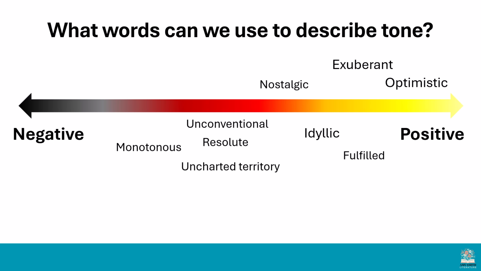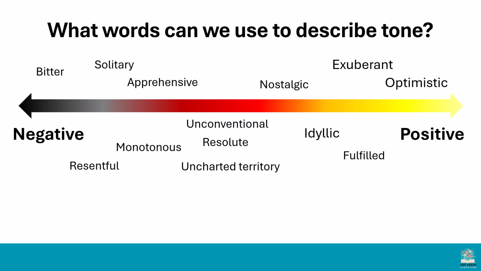Monotonous, if you think of that prefix mono, that means one, like a monorail. So monotonous means boring, mundane. So I've put that more towards the negative. Apprehensive is about being nervous. Solitary, well, I put that down as negative because I think most people think of being solitary, being isolated, being alone as a negative thing. I actually quite like being on my own sometimes, but anyway, we'll put it as a negative. Resentful is when you're really holding on to a grudge and you do not want to let that go, so I put it as a negative. And bitter is quite similar. You're really holding on to something that someone has done that's hurt you, and you can't move on from that situation.